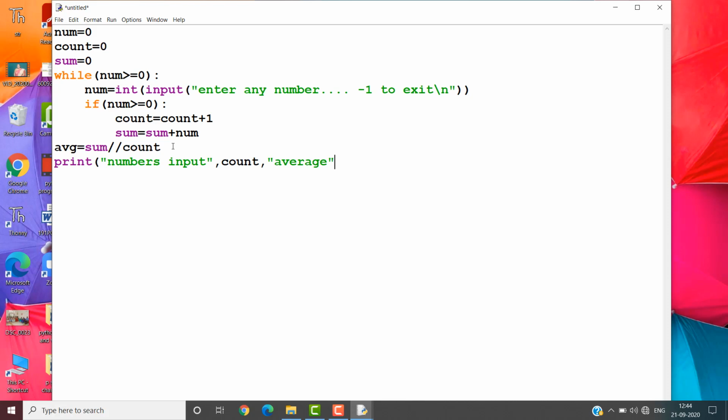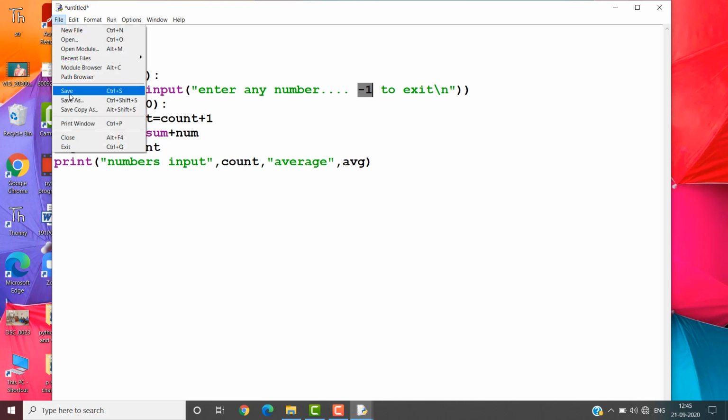That is given in the average value. Is that clear, students, the program? So here you are calculating the cumulative sum and its average. So whenever the loop comes out, it comes out of the loop when we enter -1. Let us see by running this program.